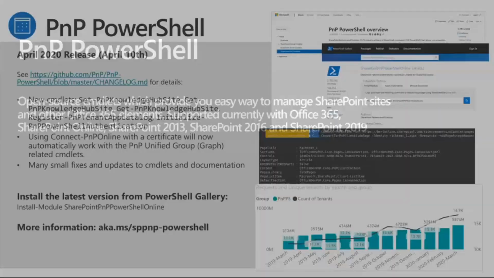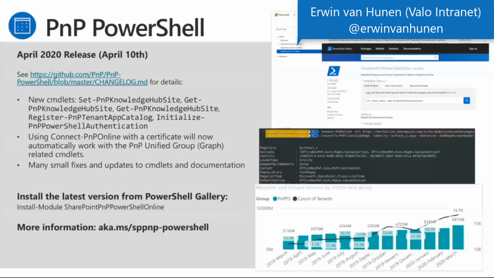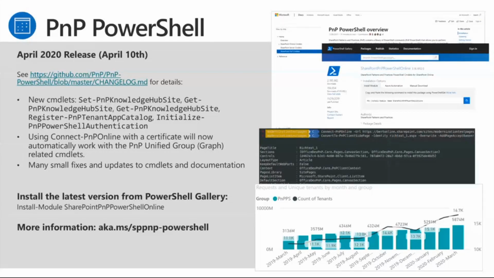I think Erwin is on the call to do a quick recap on PnP PowerShell, unless I'm completely mistaken. No, you're not mistaken. I'm here. Awesome. Excellent. Yeah, so all the benefits of the CSOM Core library automatically trickle down to PnP PowerShell. We have a couple of new commandlets related to the knowledge hub sites.